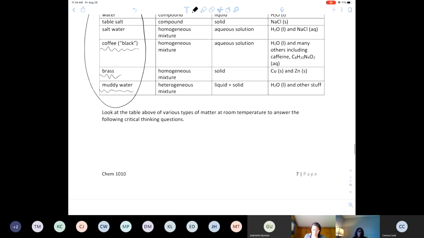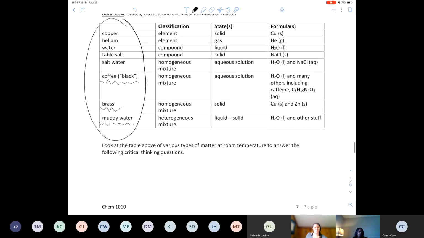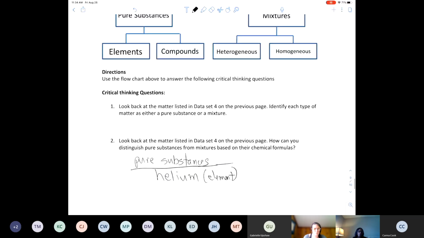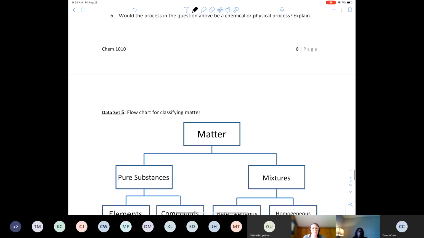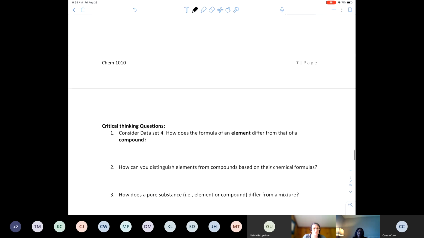But also in data set 4, table salt is a pure substance. But it's a compound. But one of the mixtures in data set 4, like the salt water,